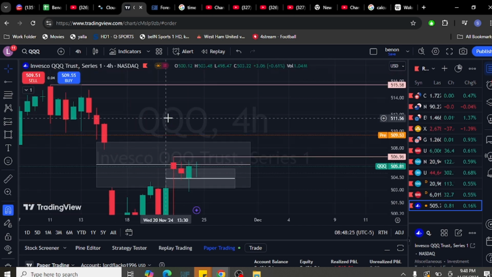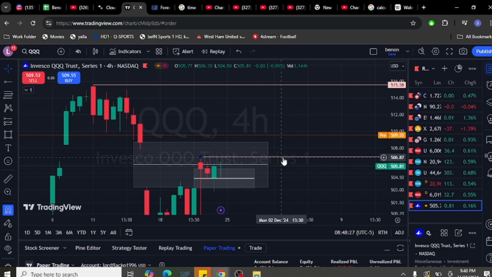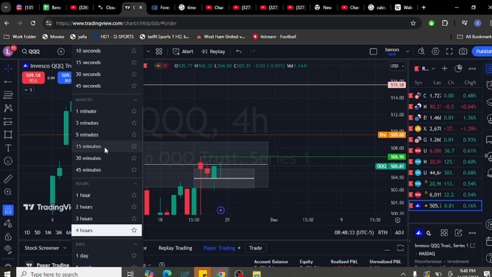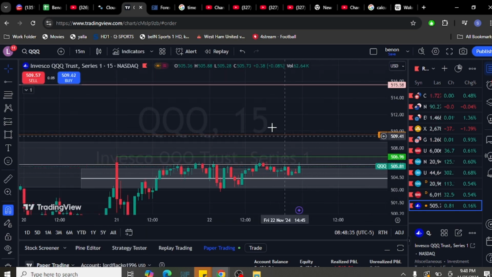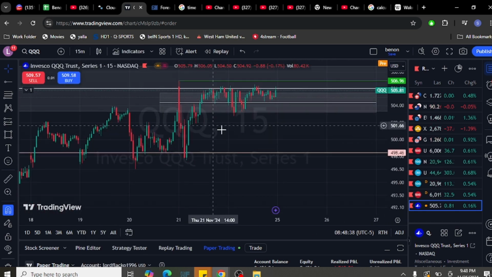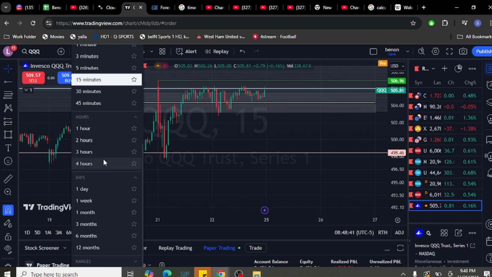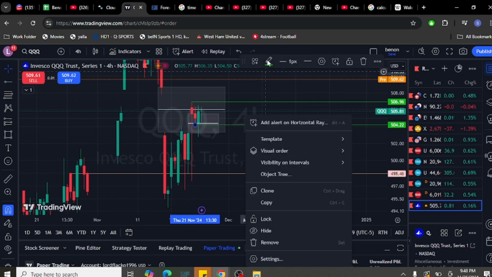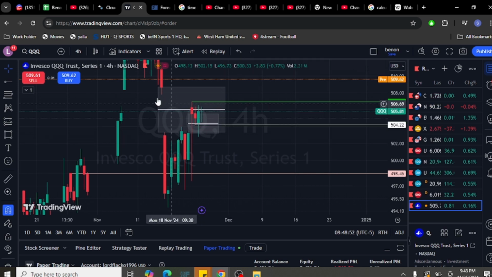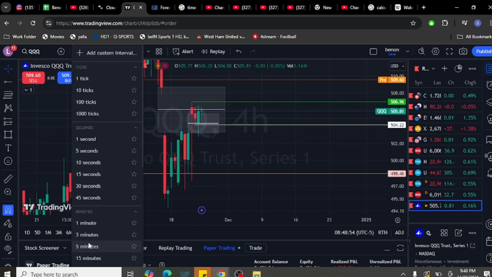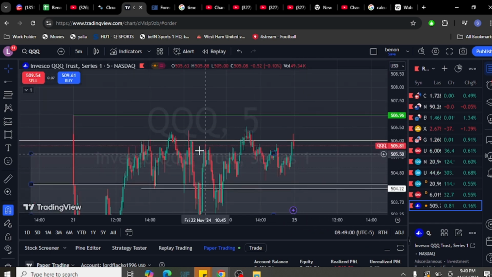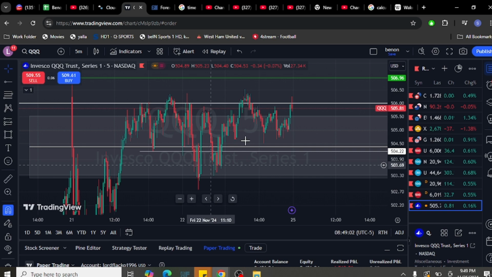For the nearest target, these highs would be my low hanging fruit. If we go to a lower time frame, like a 15 minutes, I believe that we already did everything we wanted. Wait, where is it? Yeah, this is swept here. I believe that was during the London session. So we already did a lot of business here.